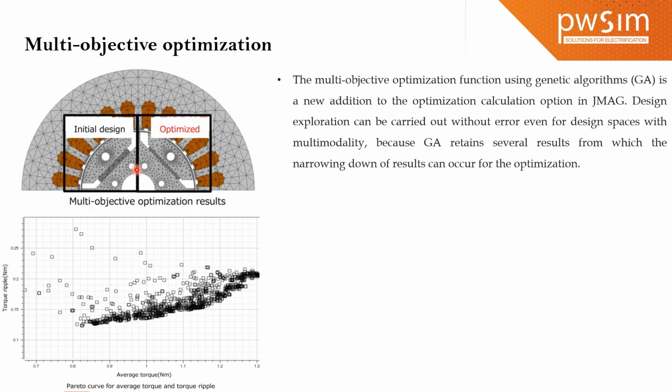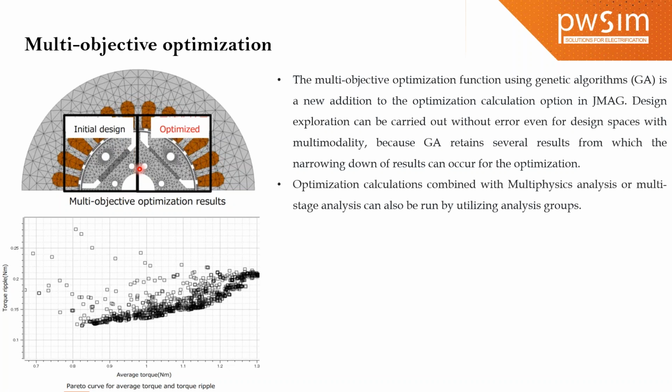The multi-objective optimization function using genetic algorithm is a new addition to the optimization calculation option in JMAG. Design exploration can be carried out without error, even for design phases with multimodality, because GA retains several results from which narrowing down of the results can occur for the optimization. This is an example where